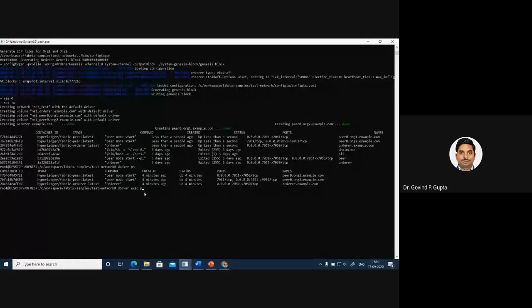Simply write peer0.org1.example.com, and then peer channel list. The connection is initialized, and your channel peer has joined.